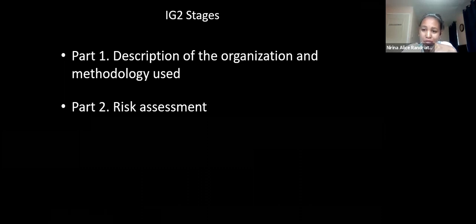This is a table where you apply the risk assessment that we studied in IG1. You have to identify the hazard, who might be harmed, and the controls, including existing controls and additional controls. You also need to provide a time scale for each action, as well as the responsible person. So it's some sort of